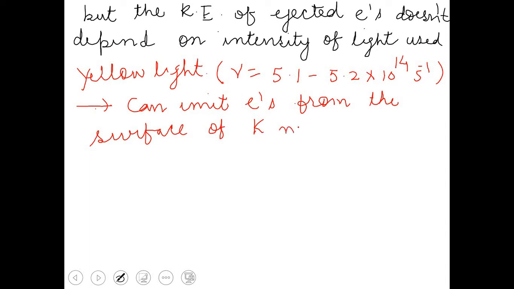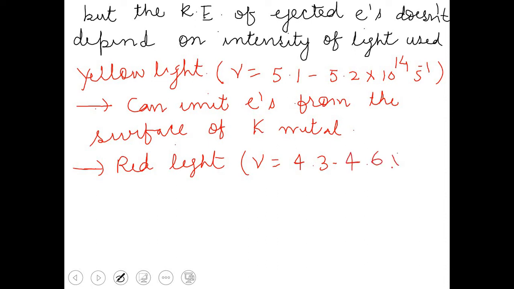But if we take another light, suppose we are talking about red light, red light of any brightness. What is the frequency of red light? The frequency of red light is in the range of nu equal to 4.3 to 4.6 into 10 to the power 14 per second. So red light whose frequency lies in the range of 4.3 to 4.6 into 10 to the power 14 per second, of any brightness, of any intensity,